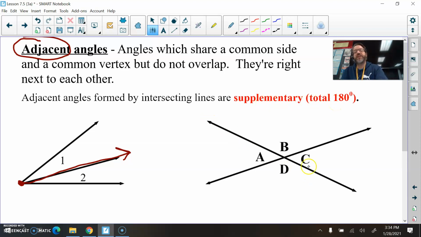Here I have a line intersecting another line. Angles A and B, for example, are adjacent, meaning they're right next to each other. And they're supplementary. See how they total 180 degrees? Angle A and D are adjacent angles. They're right next to each other. See how they're supplementary? They total 180 degrees. Are A and C, are those two angles adjacent? No, they're vertical. So they're congruent. Angle A and angle C have the same measurement. Okay? I hope